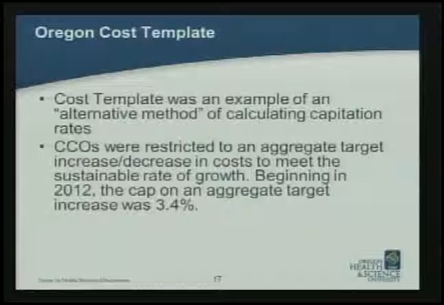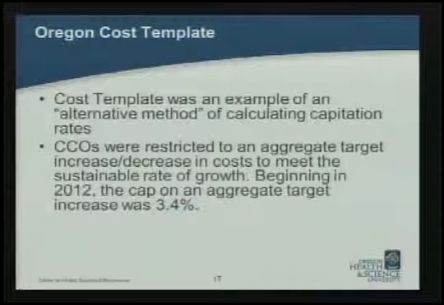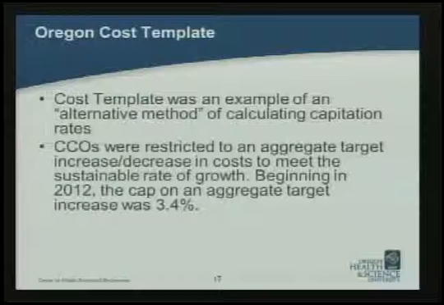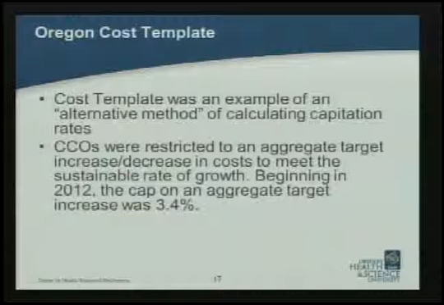And so what Oregon was doing starting in 2011 and having coordinated care organizations use was a thing called the cost template. And it's one of these examples of a sort of alternate method where we would use capitation rates based on this. And this cost template asked CCOs to report administrative costs, financial costs, generally the costs and encounters of different things happening in their patient population. The Oregon Health Authority's actuaries would look at it, kind of squint, and say, this seems to be valid, or you were more or less on track.